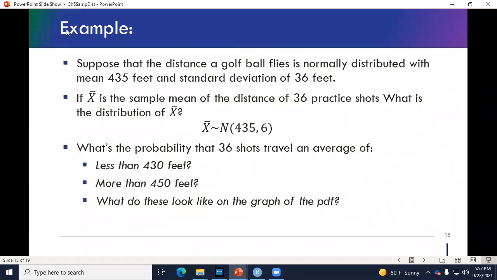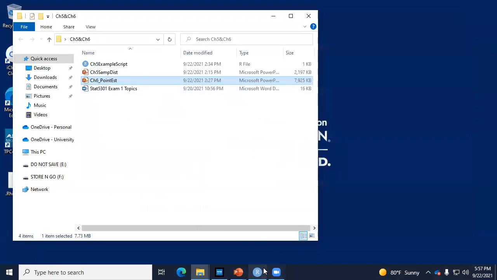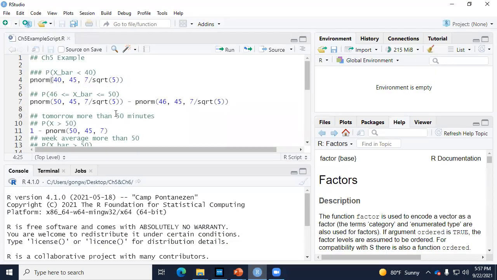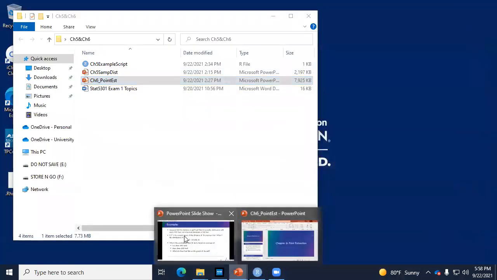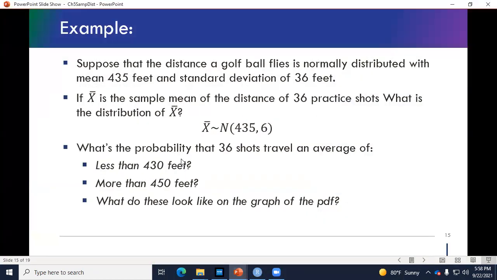Okay, another example here. Let me see if I have this in R. Okay, this is the second example. Let's just look at the slides first before we go into R. So suppose that the distance a golf ball flies is normally distributed. So this distance, this random variable, is